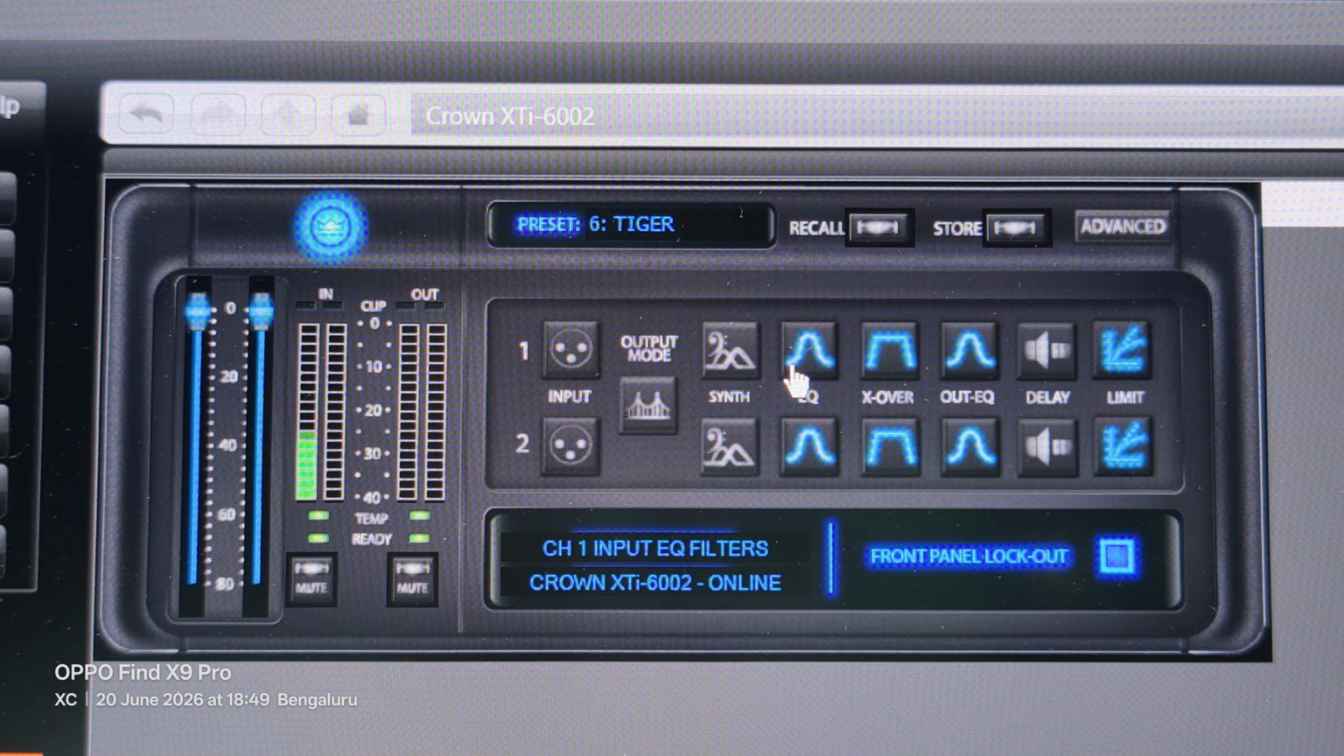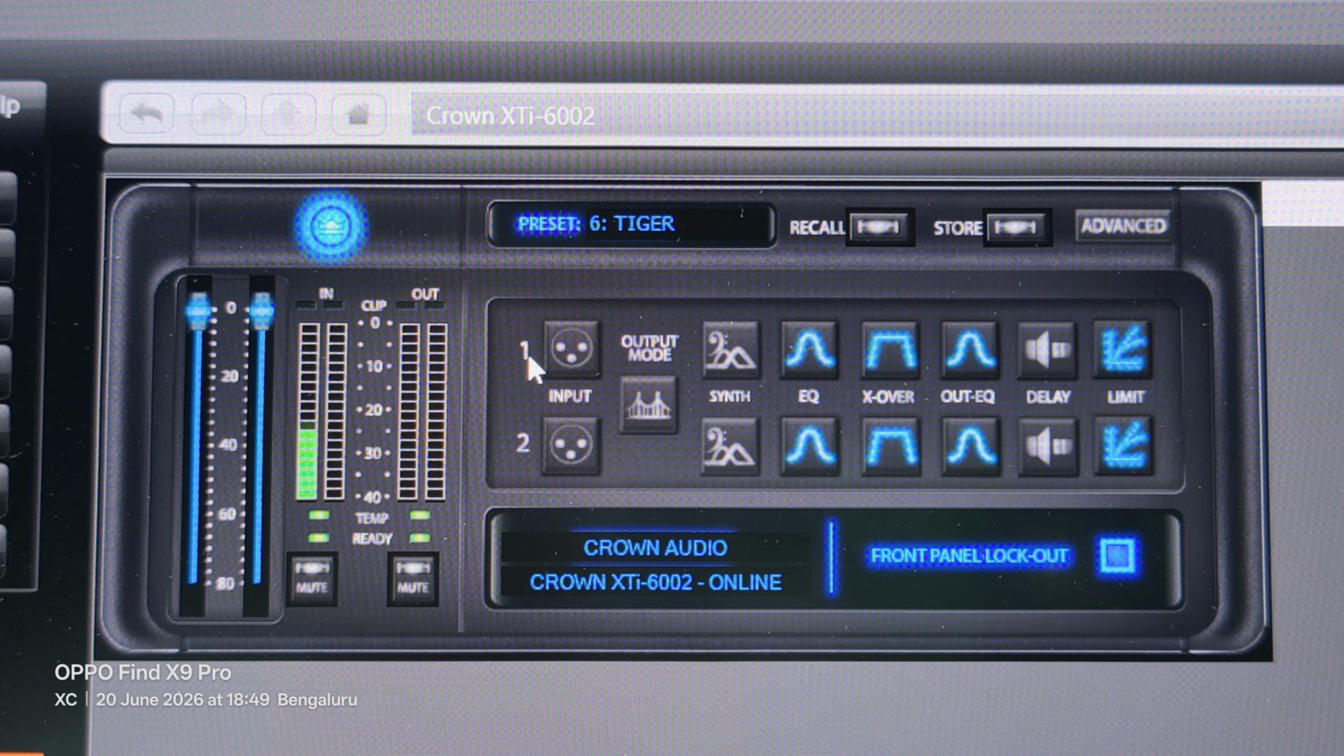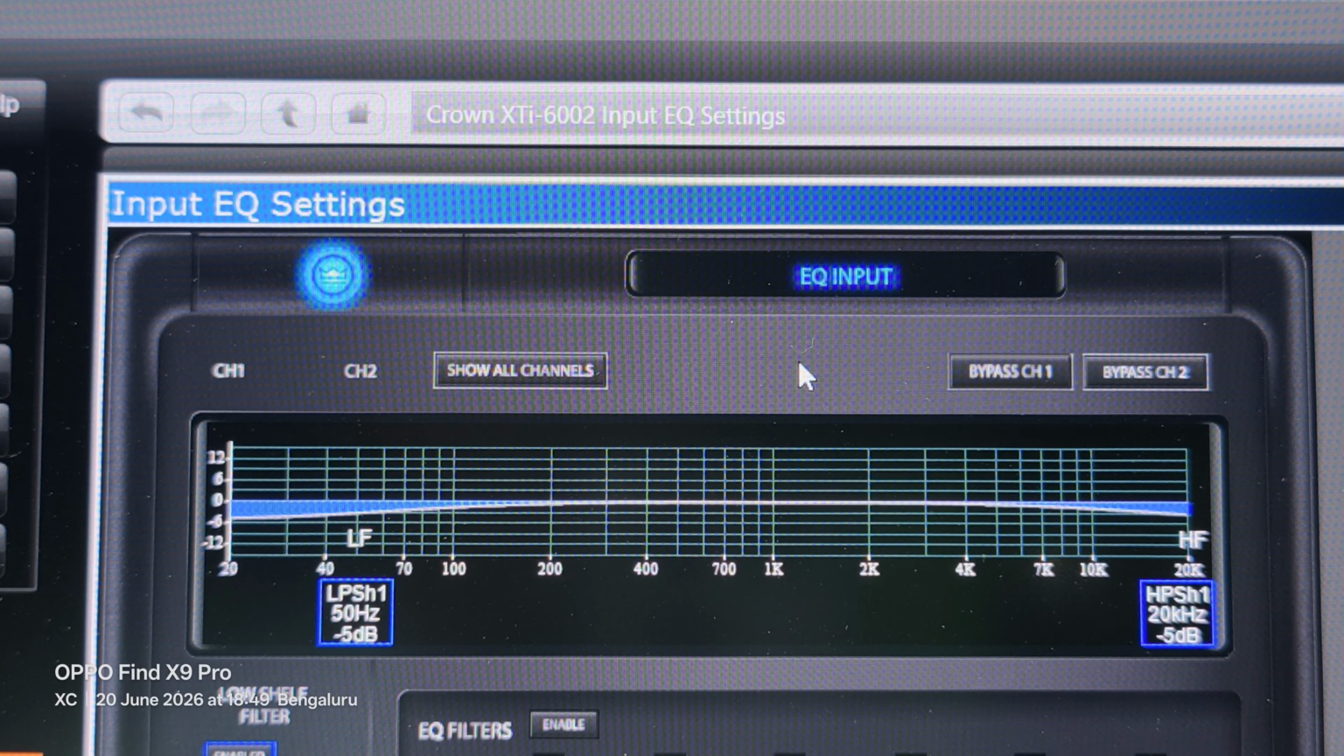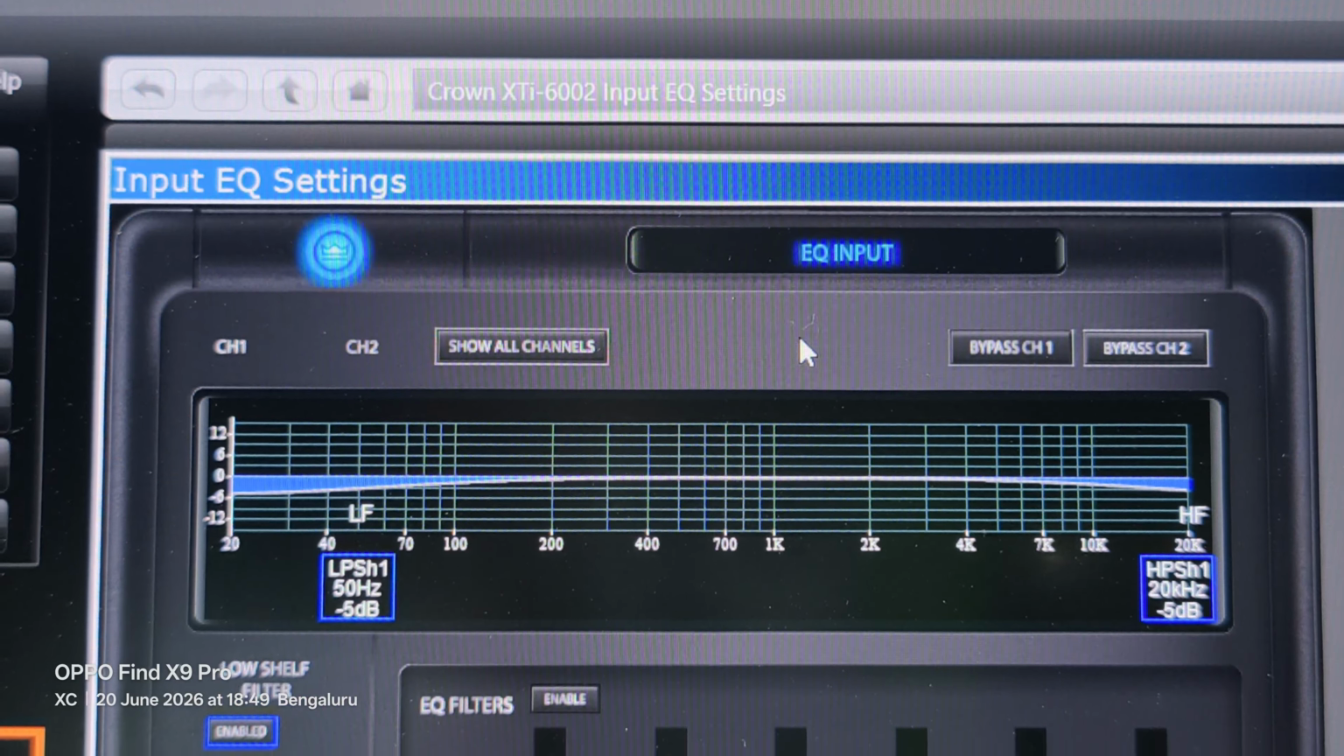EQ here is for the input EQ, that is a signal source. So I've just assigned channel 1 as a satellite, that is for mid-range and tweeter, and channel 2 for a subwoofer. So we'll just click. Here you can just see